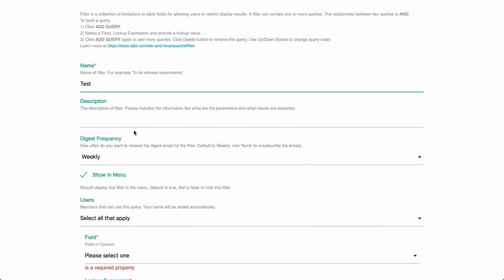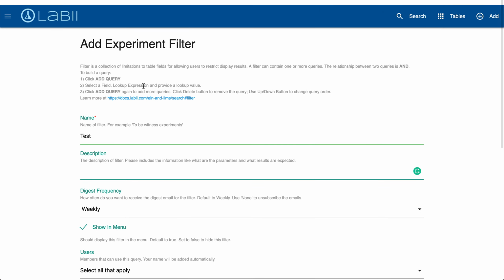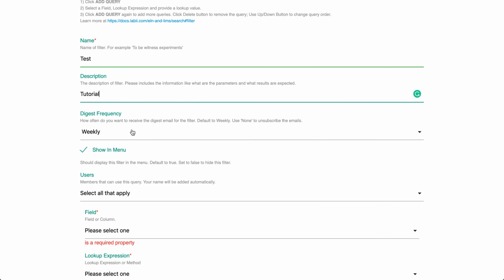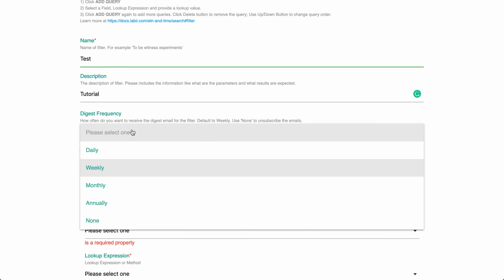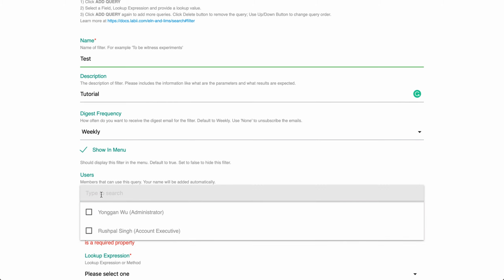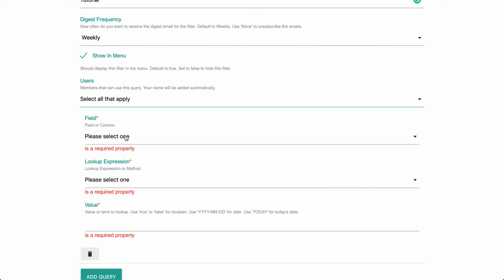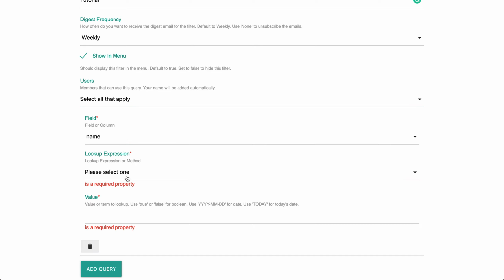of the experiment filter, the description, and then for digest frequency, that's just how often you want to receive the digest email for the filter, and here are a few options. And then for users, you can select the users that you'd also like to use this filter, and your name will be added automatically. And here, to create a query, which is similar to advanced search, you select a field,